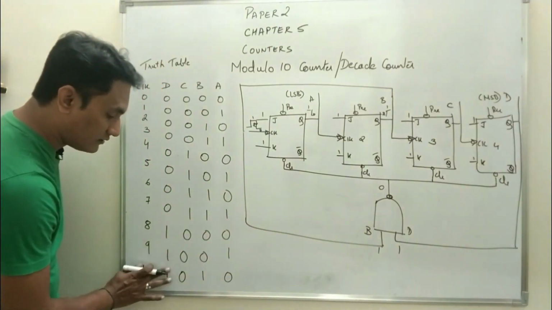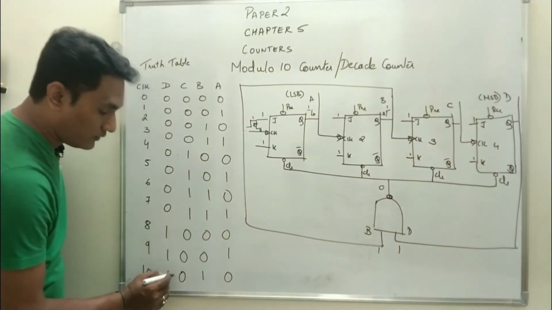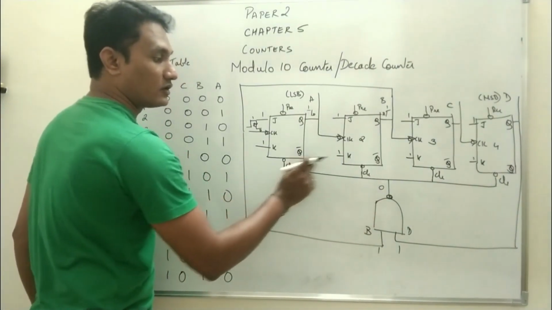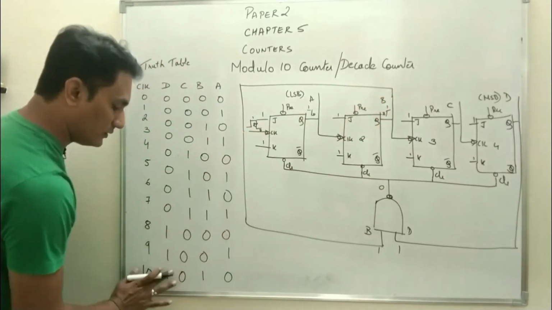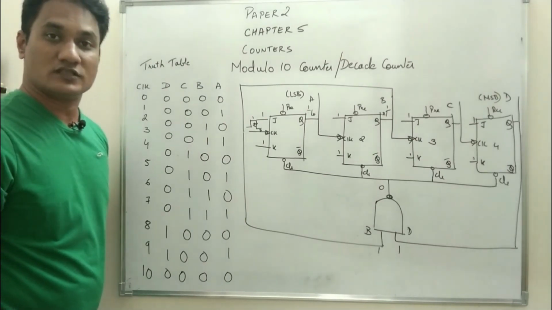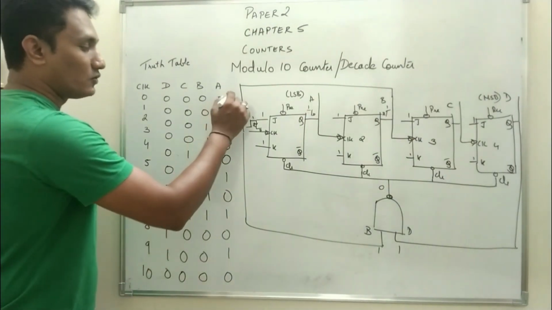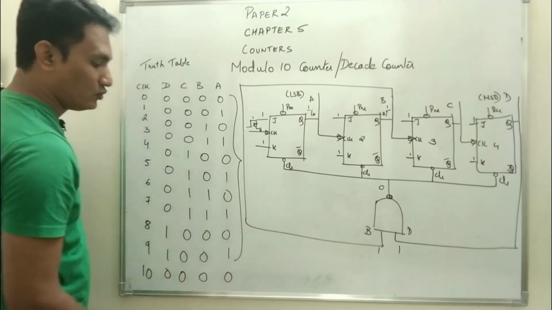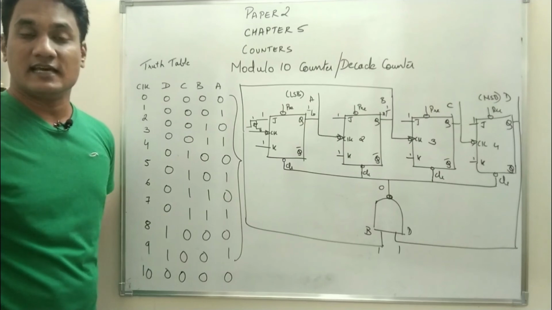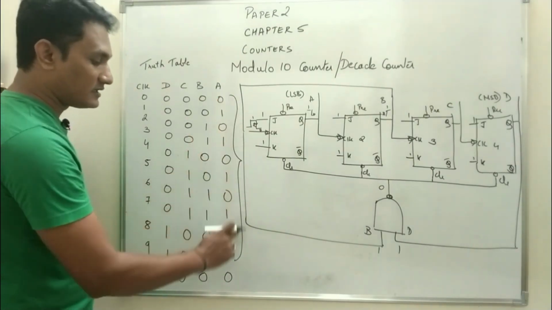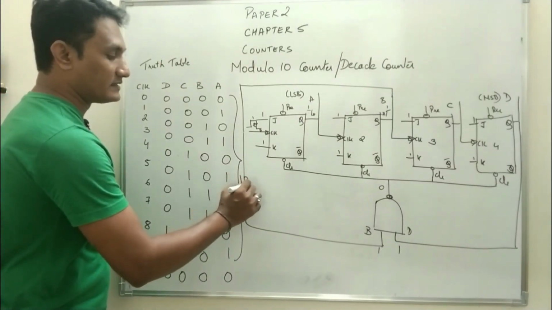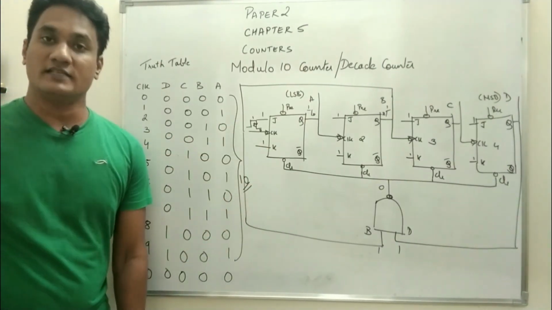So at the end of the 10th clock pulse, of course the count will become 1 0 1 0, but as soon as the NAND gate output becomes 0, the clear terminals are activated, all the outputs will be reset, so that the output DCBA is 0 0 0 0. That means what is the total count? It is counting from 0 to 9, and at the end of the 10th clock pulse it is going back to its initial condition. So the total number of discrete states here is 10, 0 to 9, 10 discrete states. Therefore it is called the modulus of a counter.